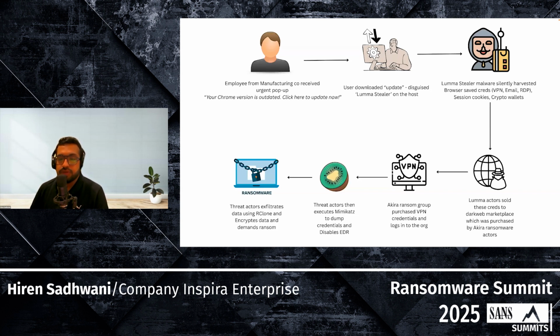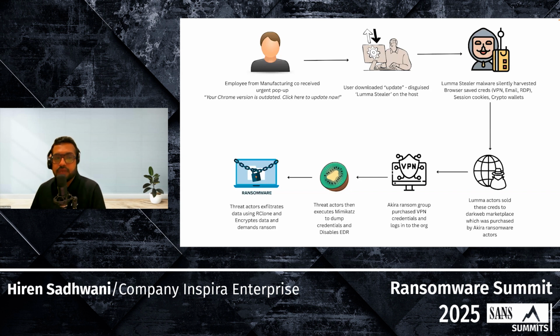Once they logged in to the VPN, they got access to the network of the manufacturing company. They did post-exploitation activities, moved laterally through the environment, dumped credentials using Mimikatz and other tools, disabled the EDRs and whatnot. They exfiltrated the data, stole the files, and at the end they deployed the